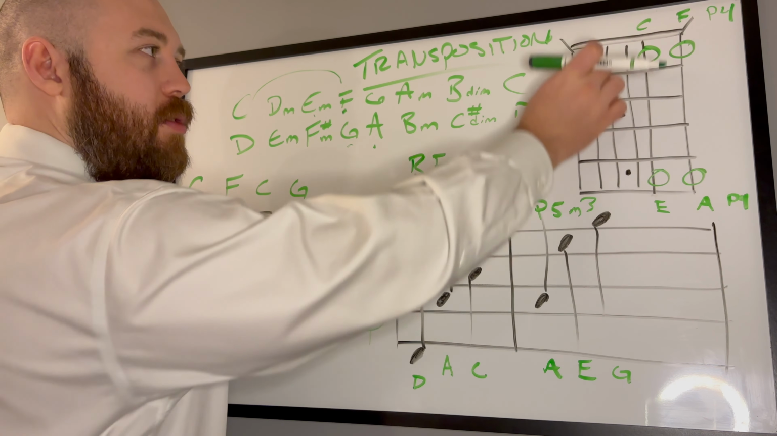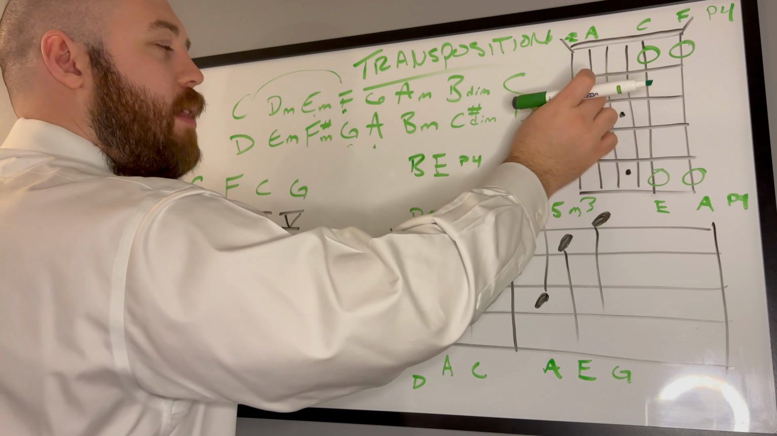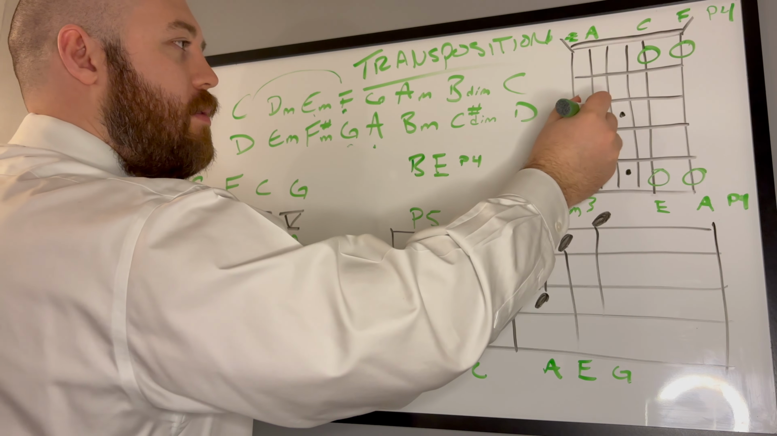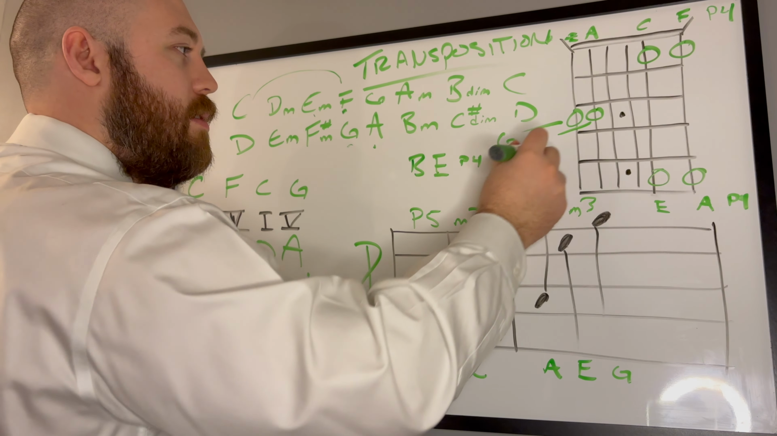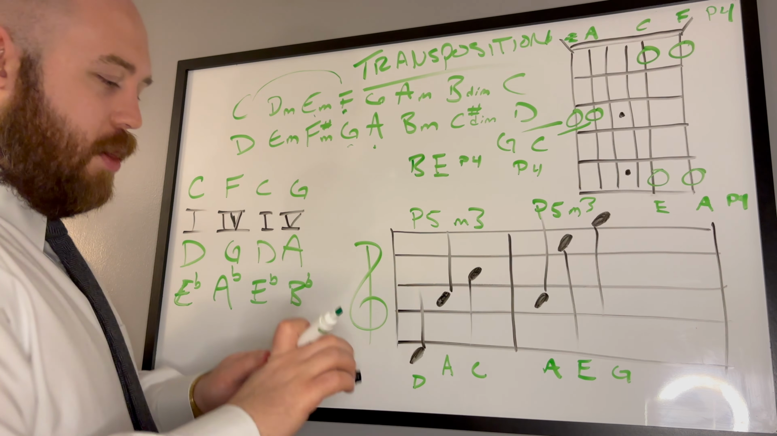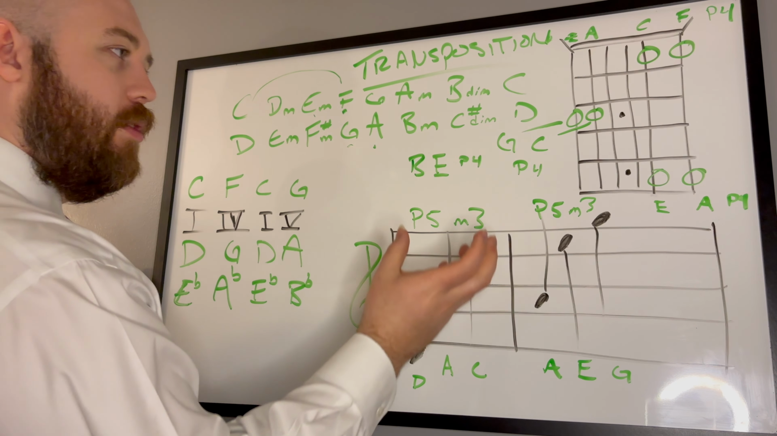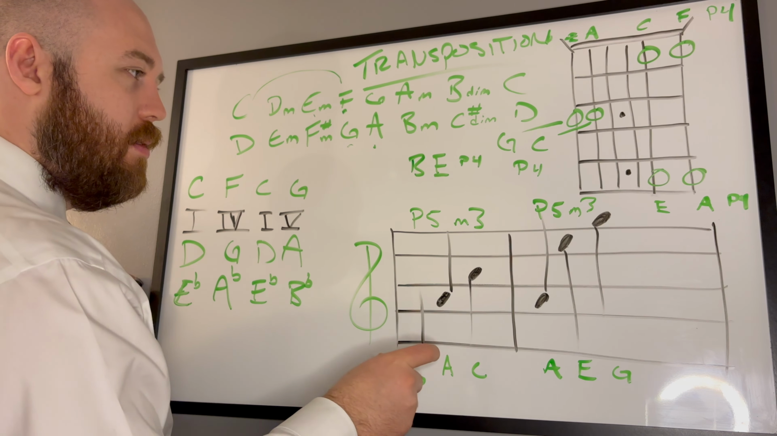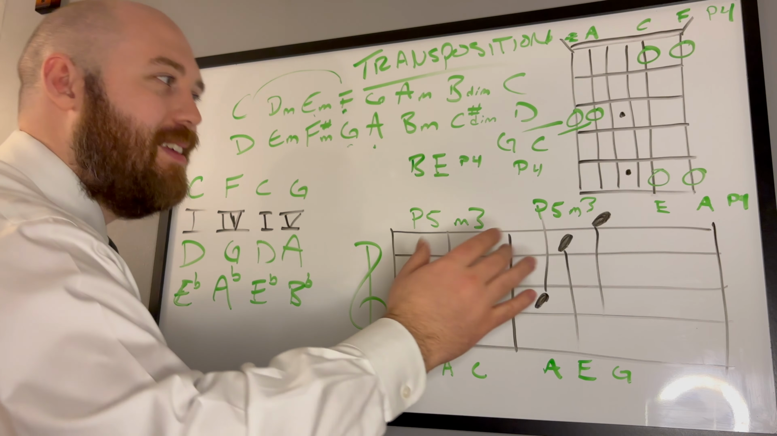And think about these two strings. What is this? This is an E, and this is an A. That's a perfect fourth. So if you were to do this, what are these two notes? Well, that's a G, and that's a C. That's a perfect fourth away. Okay? So that's the idea of transposition, is taking intervals, taking relationships between notes, between chords, between your strings, and